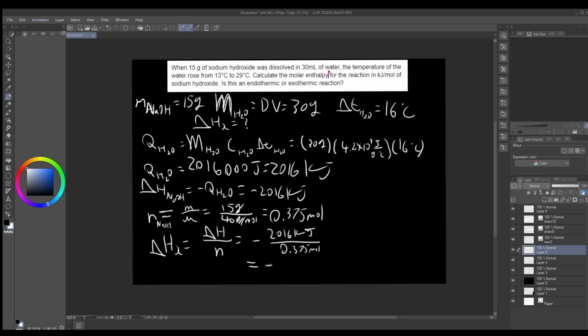In this scenario, the nearest sig fig is 1 sig fig, so negative 5,376 really just becomes negative 5,000